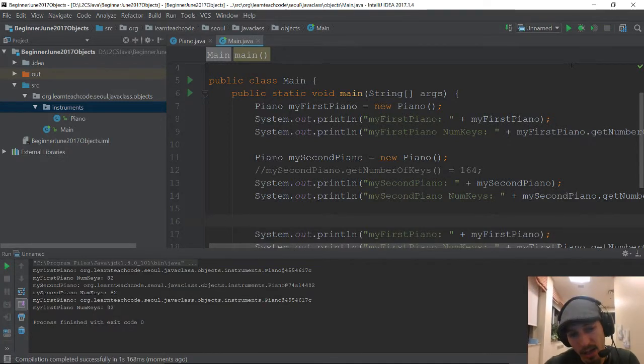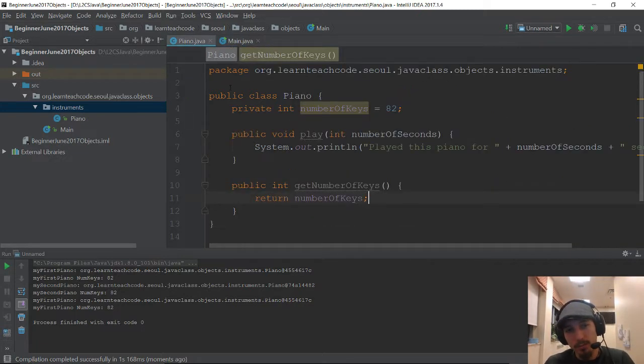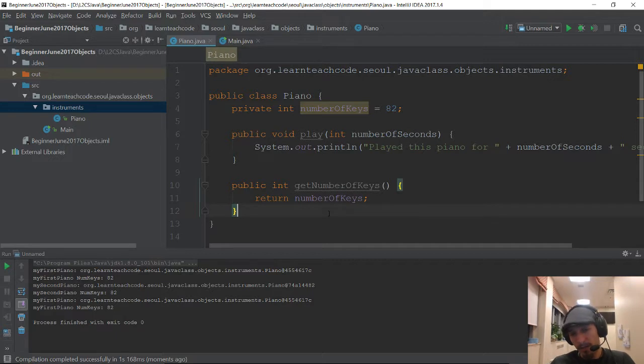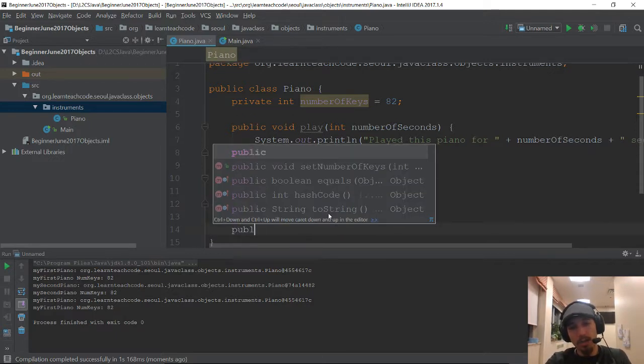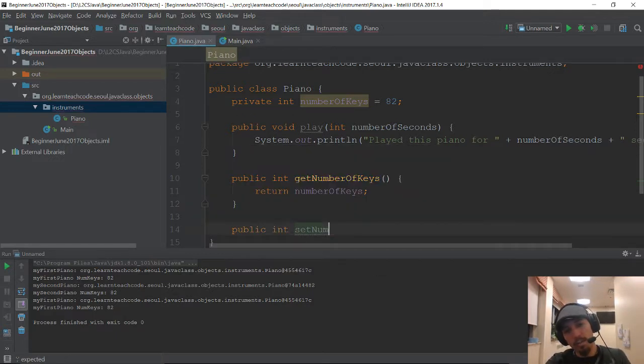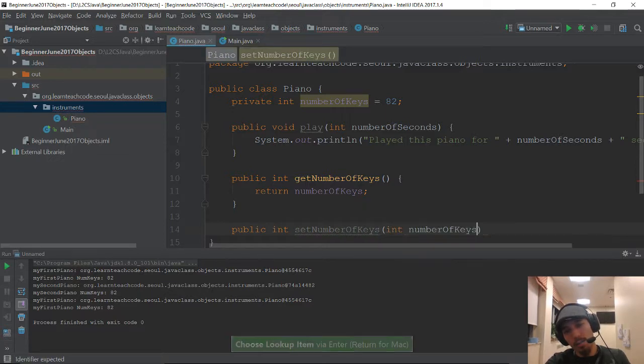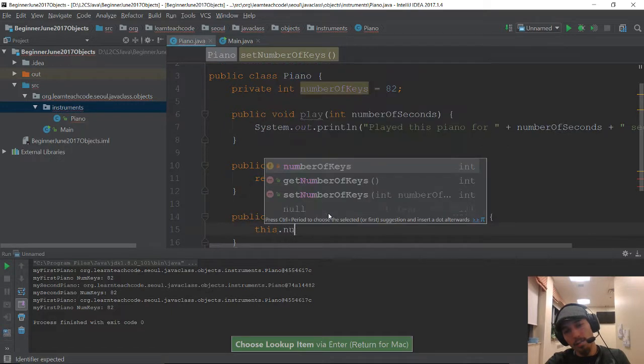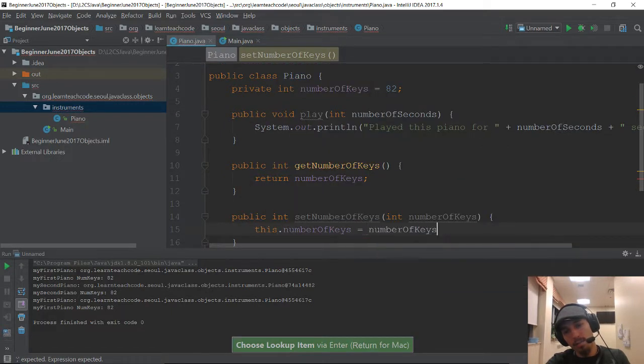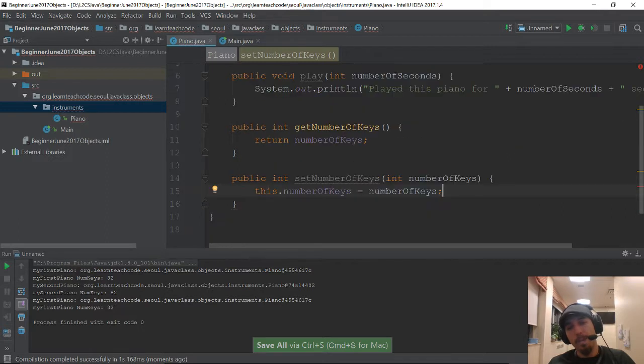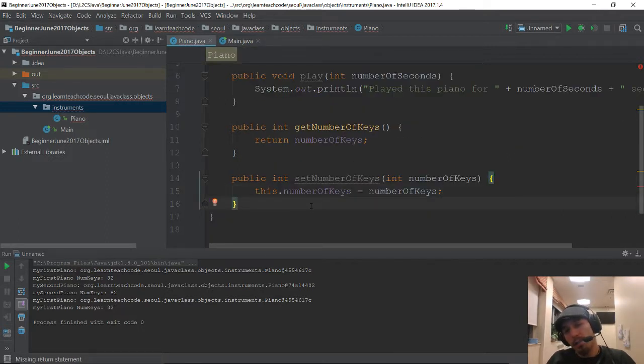Now that we're using this getNumberOfKeys method, which is called a getter. Now, we could also do a setter. Okay. Now, this would allow anyone who's accessing the piano object to change the value for number of keys using